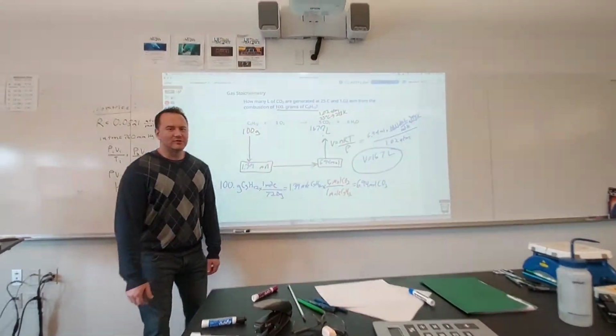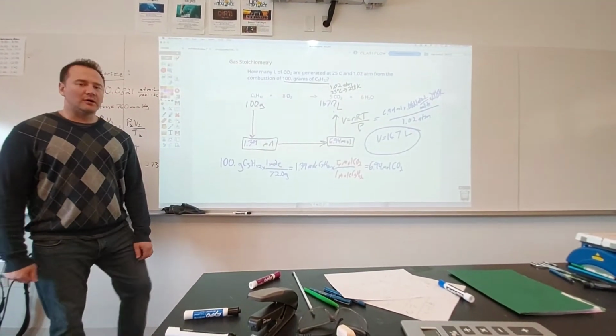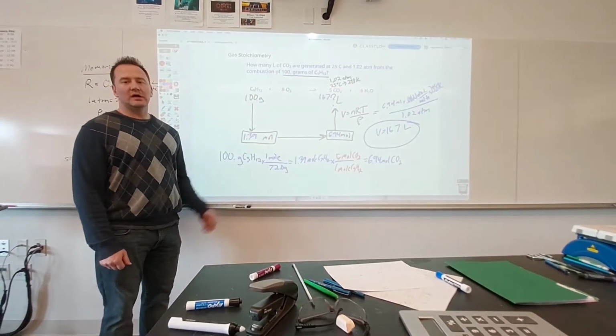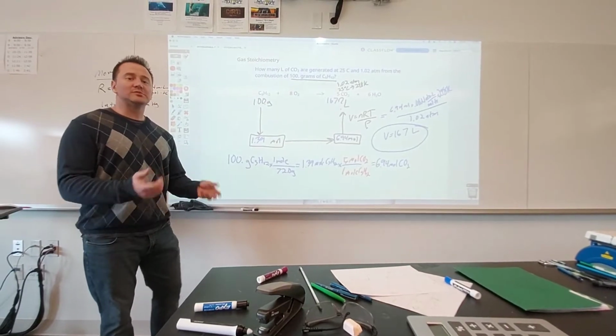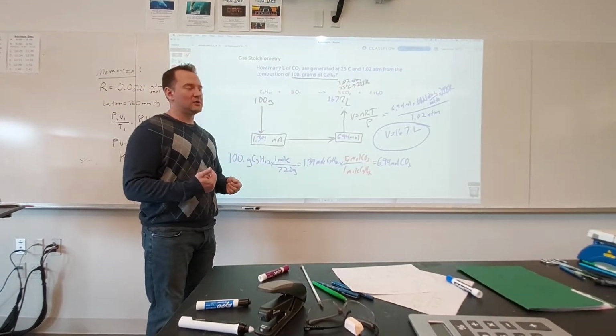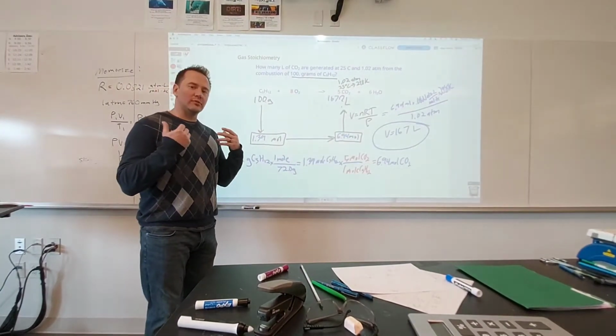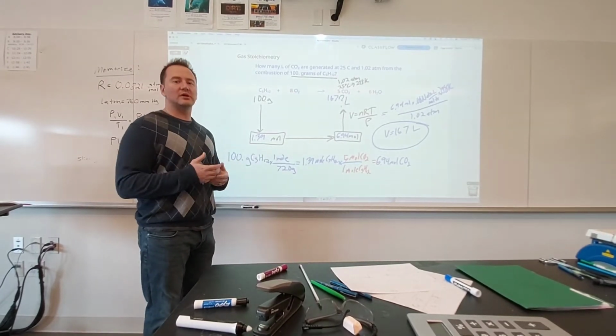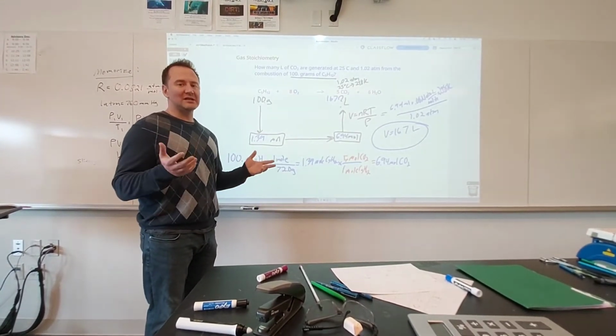Okay, we're just going to do the simple gas stoichiometry problem where you're given one reactant and we're going to figure out how much product. The difference between what we've done before and what we're doing now is instead of just being able to go from grams to moles or moles to grams, we're also going to have to incorporate the ideal gas law to calculate